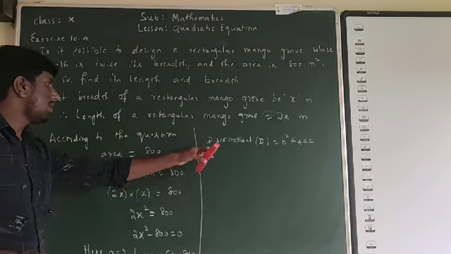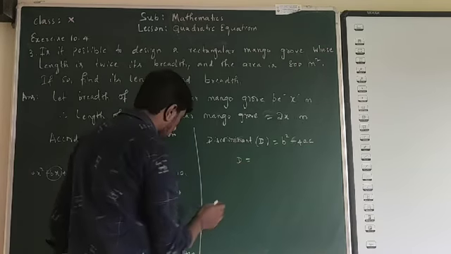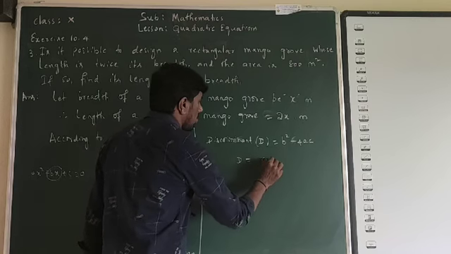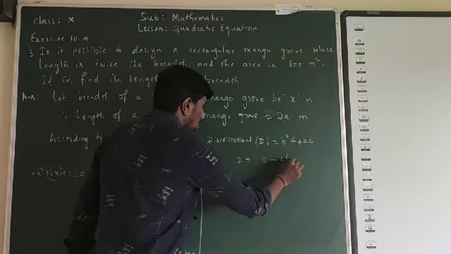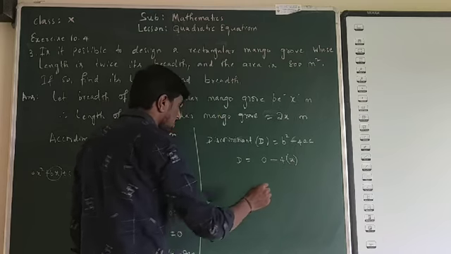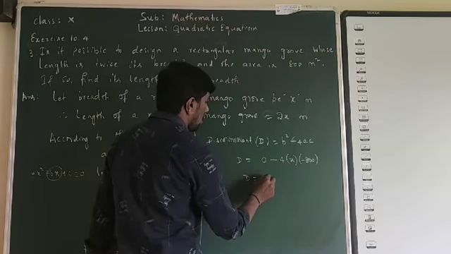Now we will substitute this in the discriminant. That is d is equal to b square. b square is 0 square, minus 4, a is 2, and then c is minus 800. Okay, so d is equal to 0